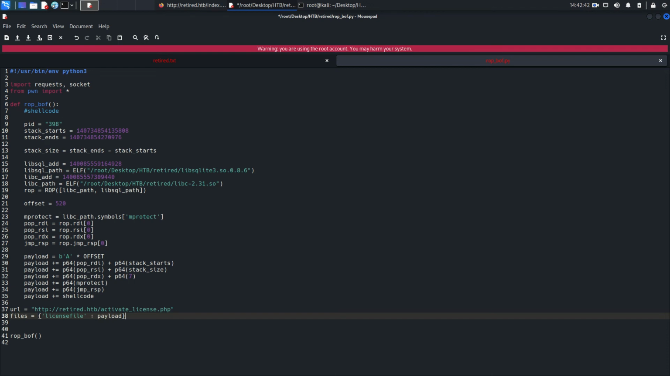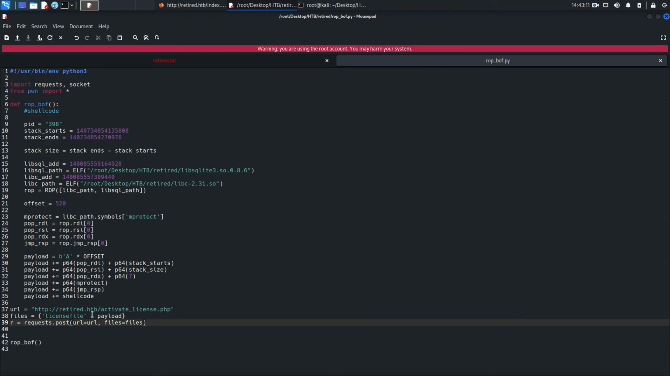We just need to now send the request. So r is equal to requests.post. Fine. And url is equal to URL, comma, files equal to files. That's it. Save it, and we will try to now generate the shellcode. So the shellcode we will generate,